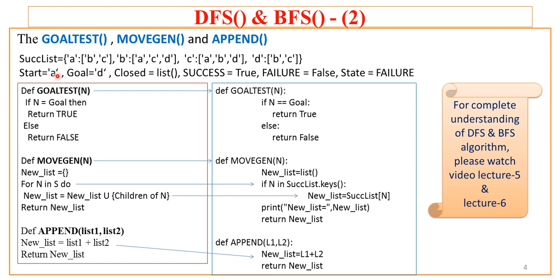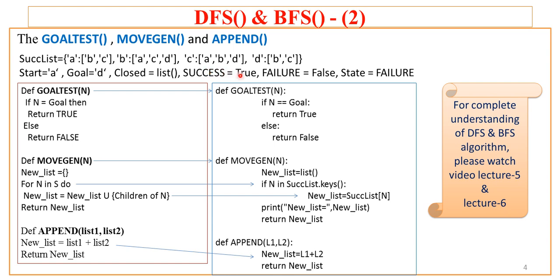We also have a start, that is the variable list start, which takes A as the initial node to be started with. We also have a goal, a list again, having only one node, which is nothing but the goal to be found. The closed list is the global list, which is maintained to copy the contents of the closed list maintained by DFS and BFS. So this closed list is initialized with the list function of Python. So here the list function is called and this closed list is initialized.